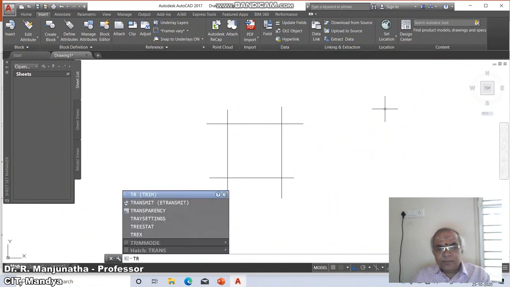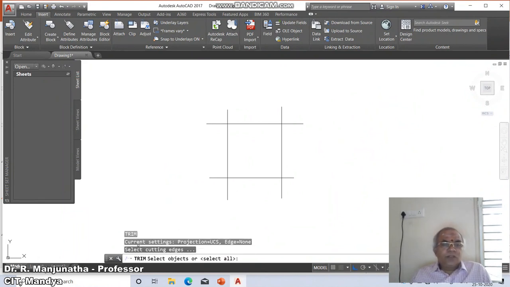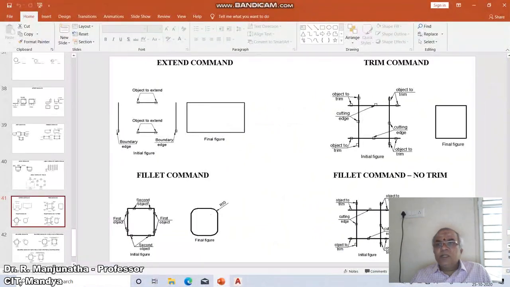trim, TR. Select cutting edges. The cutting edges mean from where the object has to be retained. According to this sketch, I want to retain this line. Since I want to retain this line, that should form a cutting edge. And also I want to retain this line, so this will form the cutting edge.